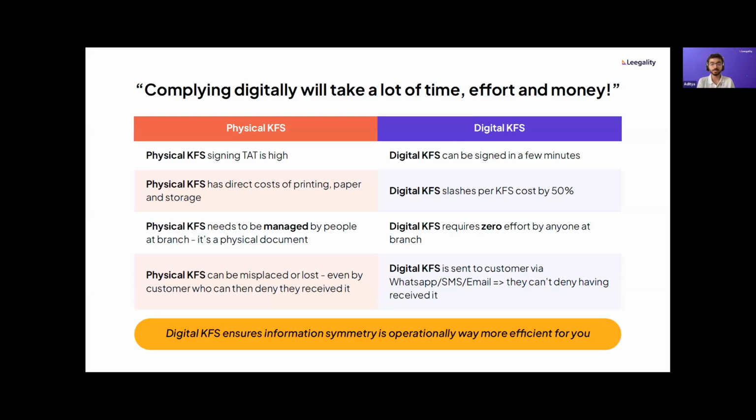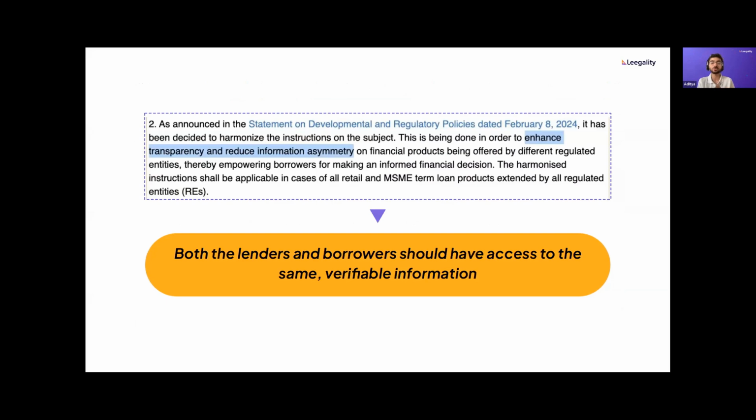And this last point is very critical because I think it ties into the overall reason for the KFS rules, right? That is, the RBI wants this KFS in each loan because it wants to reduce information asymmetry and enhance transparency, right? And the RBI recently has been taking a lot of action against banks and NBFCs for impinging on these two values, right? Whether it's changing up loan conditions, changing up interest rates, hiding higher interest rates in a maze of language, not having local language, things like that, right? So the KFS rules are a critical tool that the RBI envisions to actually improve information asymmetry and transparency, right?